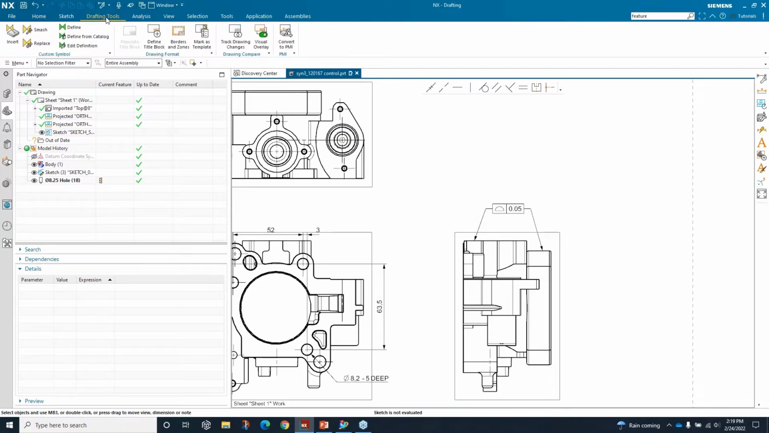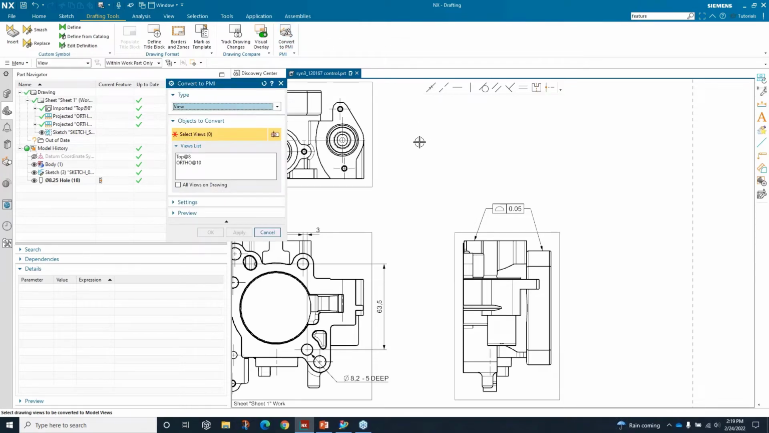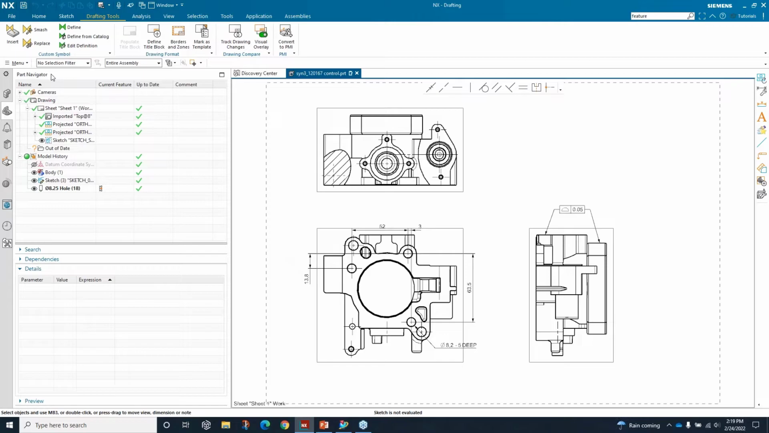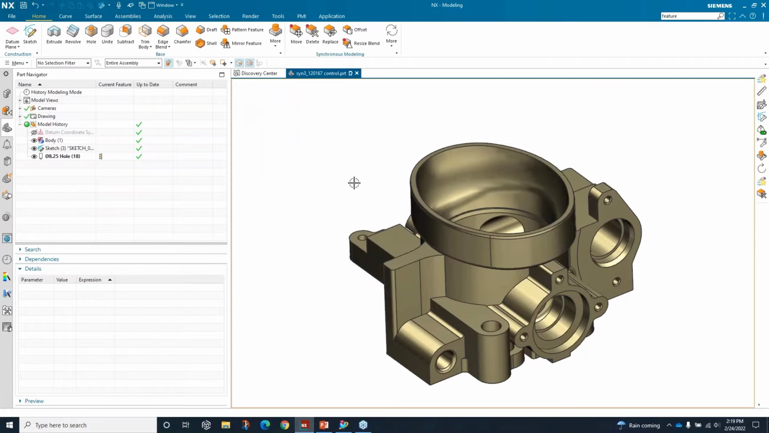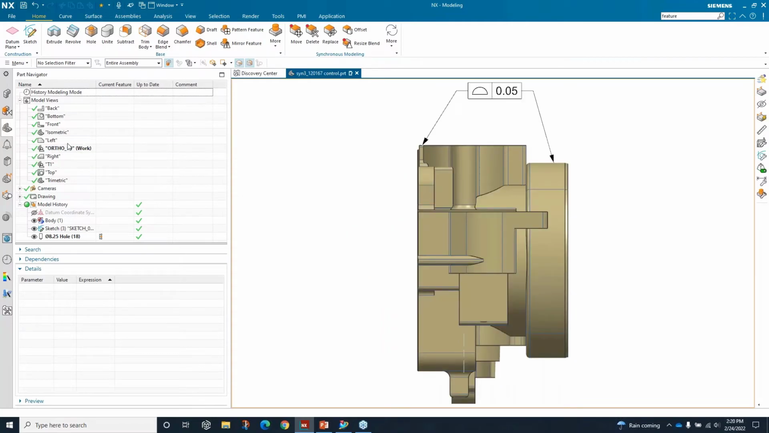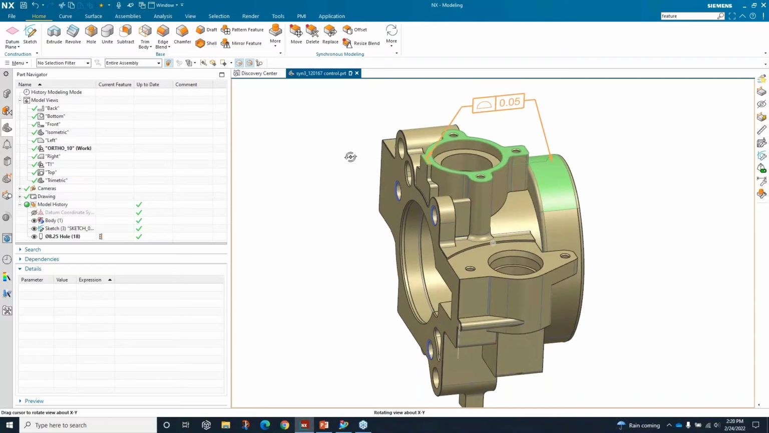I'm going to go over to my drafting tools, and we've got this button, Convert to PMI. So I'm going to just choose this view, and OK. And then I'm going to go to Modeling. And nothing, right? Did I mess up? Well, if I click on the model views, you can see that there's a new view that has been created. It's called Ortho 10. And when I double click on that, you can see that's where that feature control frame